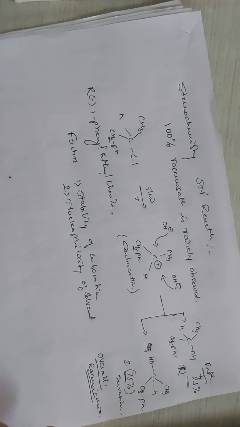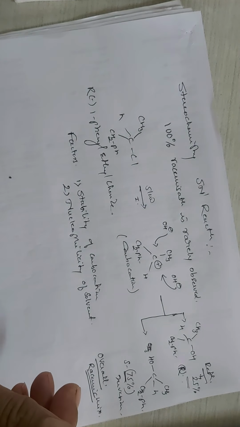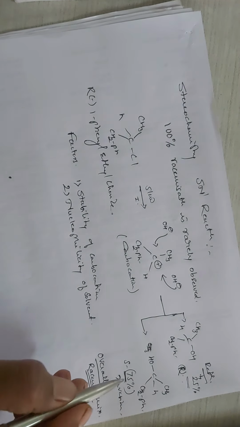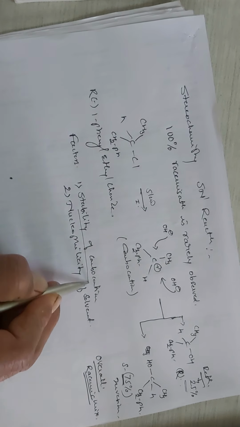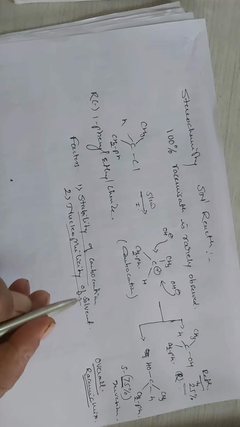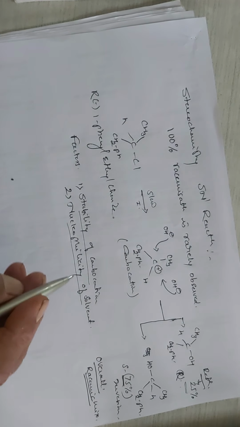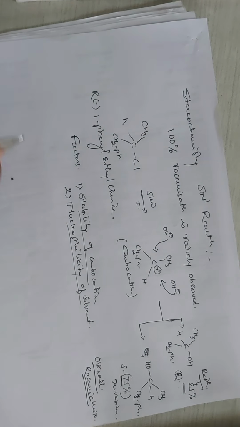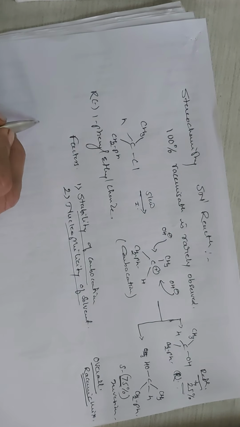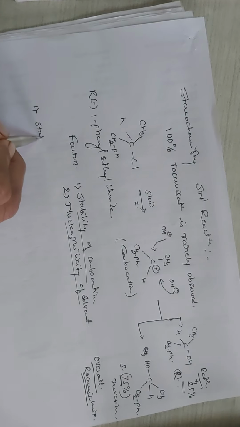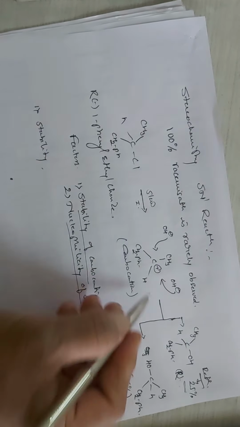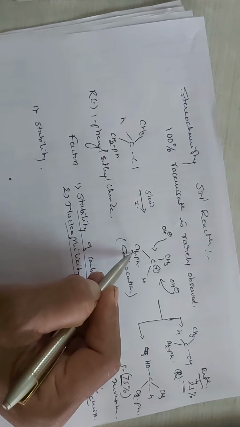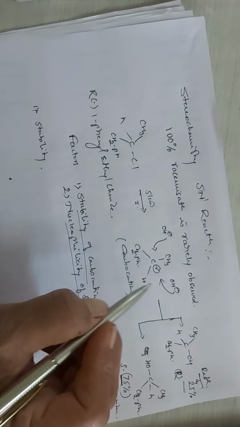So in this way, this is all regarding the stereochemistry of SN1 reaction. But still, when we want to study in detail how the stability of carbocation and nucleophilicity of the solvent are going to affect the stereochemistry of SN1 reaction, let us look at the first part: the stability of carbocation. Here it is tertiary, with the phenyl group and the methyl group.